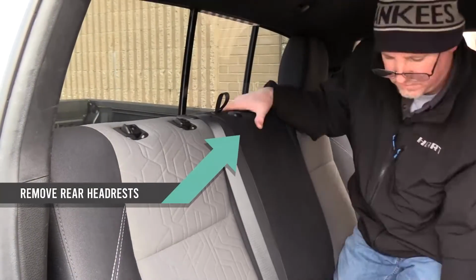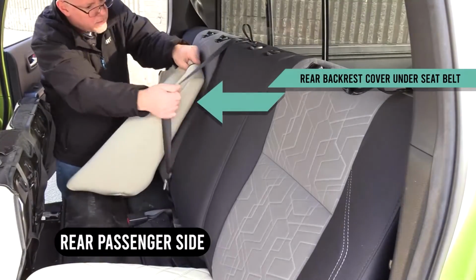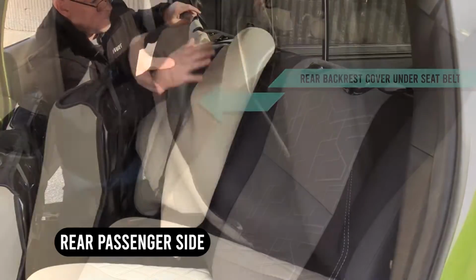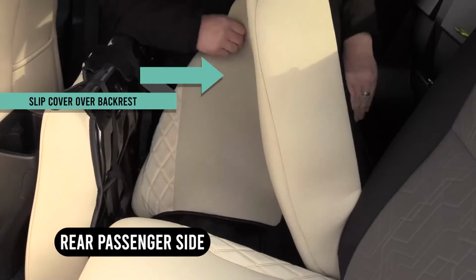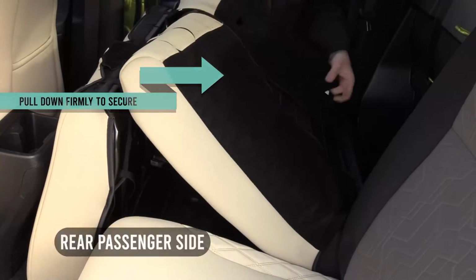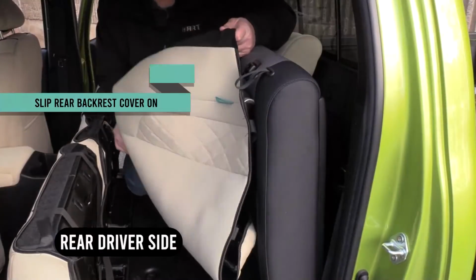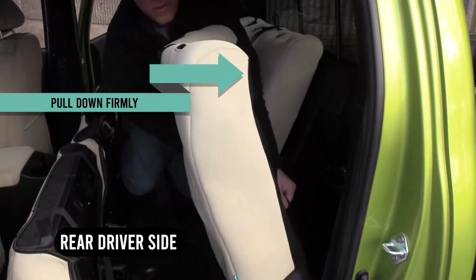Next, remove all the rear headrests. Feed the passenger side rear backrest cover under the seat belt. Slip the cover over the backrest and pull down firmly. Zip up the back side. Now slip on the driver's side rear backrest. Pull down firmly